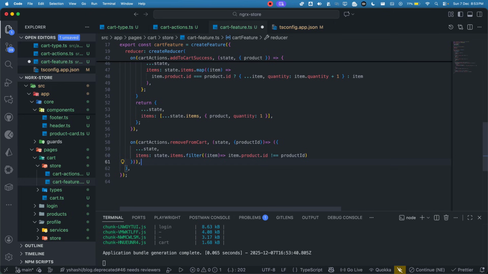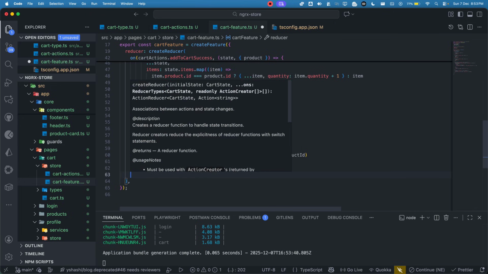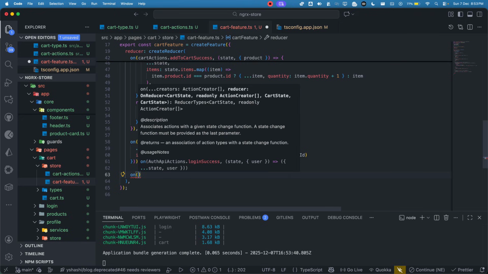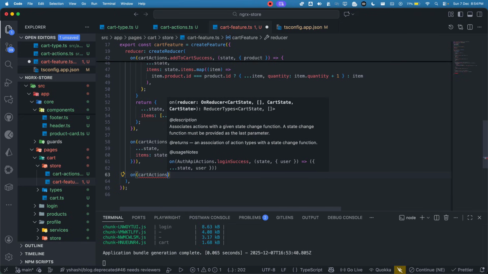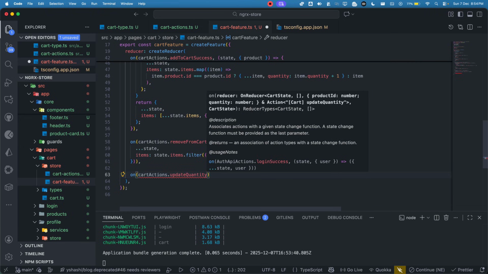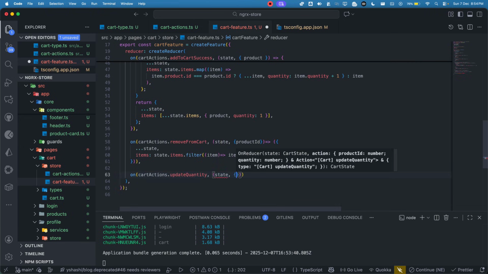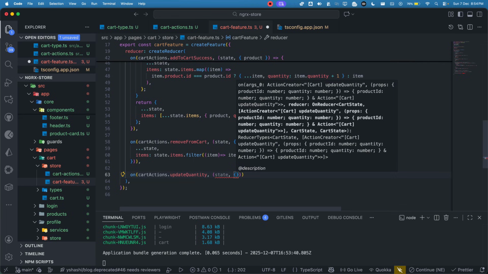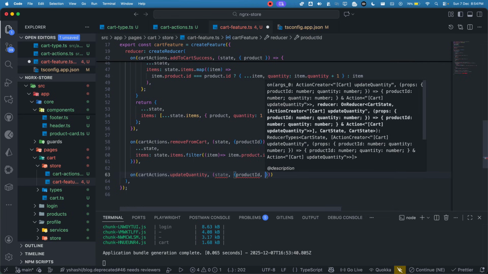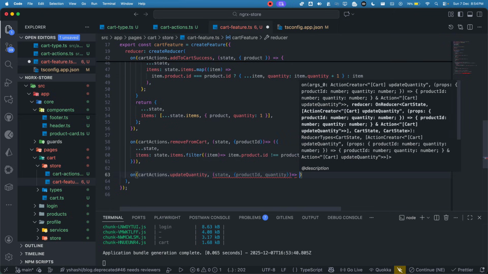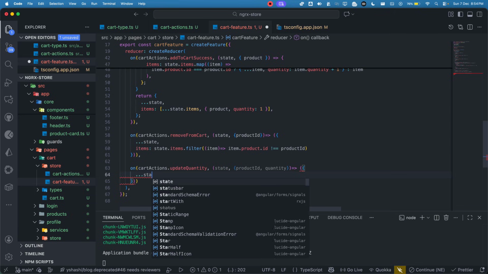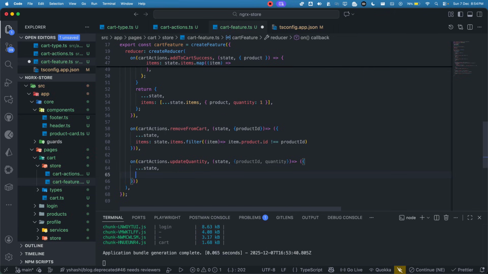Now let's try to understand more about update quantity. This is also very logical, and very nice to know how this can be done. Again we get our action, so we say cart action dot update quantity. We are listening to this, and again we get our state, then inside that we get the props the user has passed. It has two props, one is product id and the other is quantity, and we will do something similar here. Inside that you first destructure the state, and now you are going to update